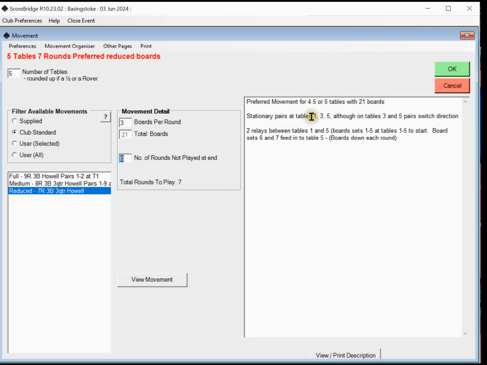The movement description helps you decide where there are sitting pairs, and it helps you decide where to place the board and if there's any relays, so that's always useful to know, and you can read that. Once you're comfortable that you've got the right movement, then you just select OK,